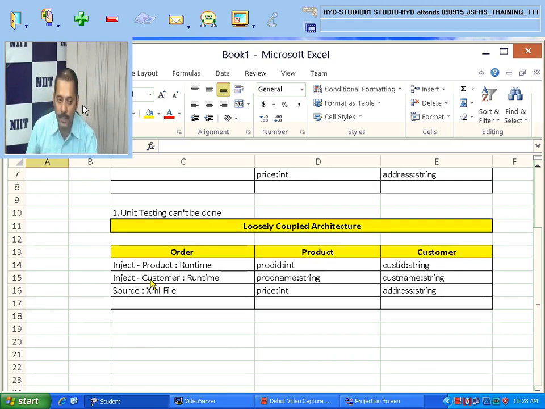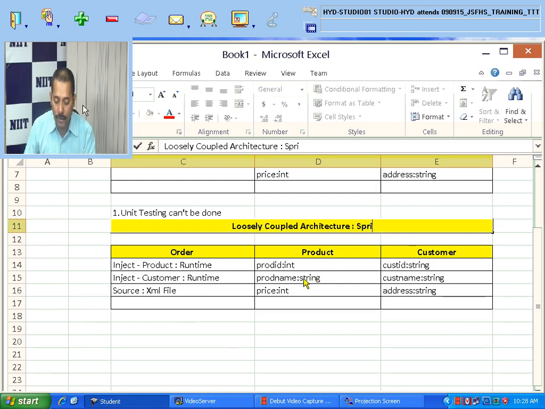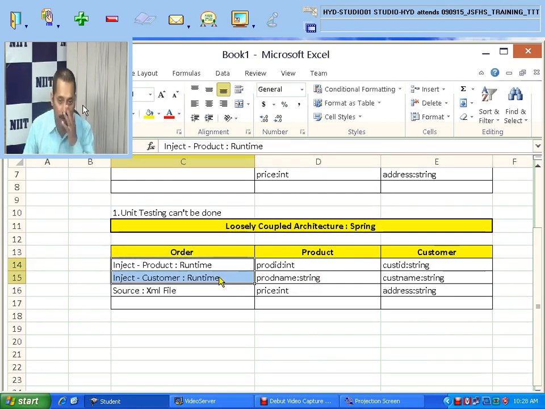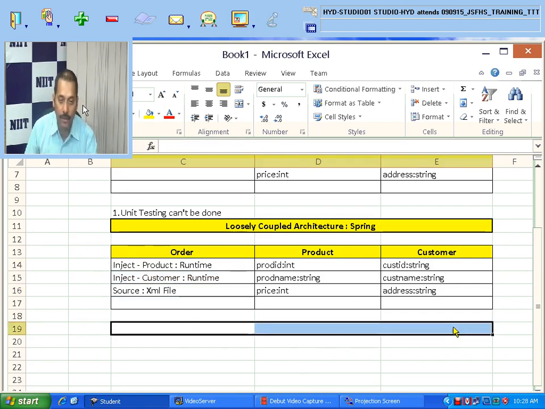This is very, very important. In a Spring application, we need not create the objects ourselves. Automatically, these objects will be created at runtime whenever they are required. And who will create that particular object? The container will create it at runtime. The container also makes an association between the objects, so that you can easily write the class, create the object and implement it. That is the best part of the Spring framework.